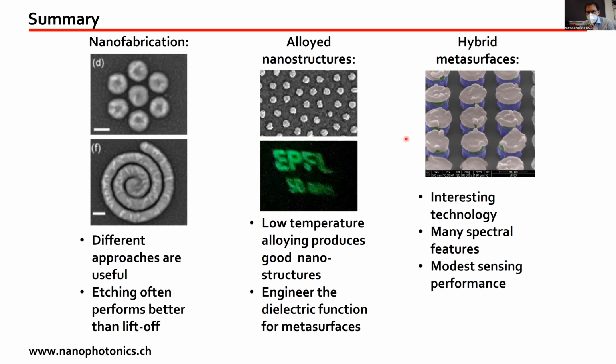Thank you. Then there is a question from Mahmoud Ruzzi. The fabricated nanostructure surfaces seem quite rough. How would roughness affect the performance? So this is, of course, a very interesting, important issue. Those on the right of the screen, which are made out of aluminum, are indeed very rough because that's the way aluminum grows. The one on the left, gold, is smoother. So it really depends on the material.